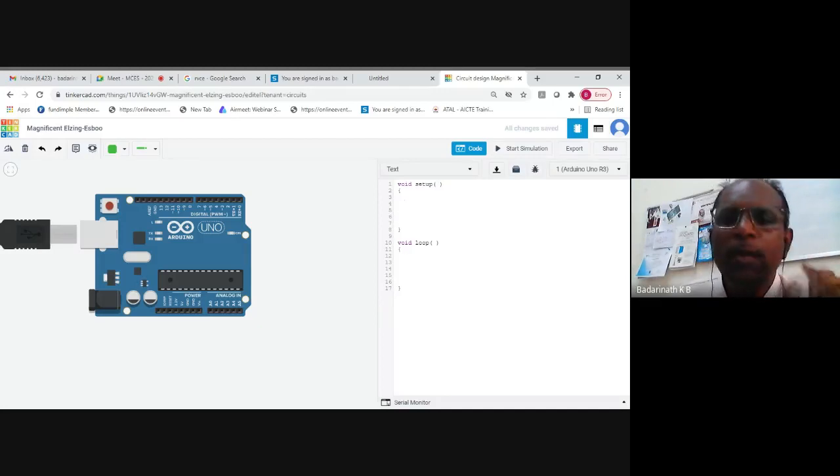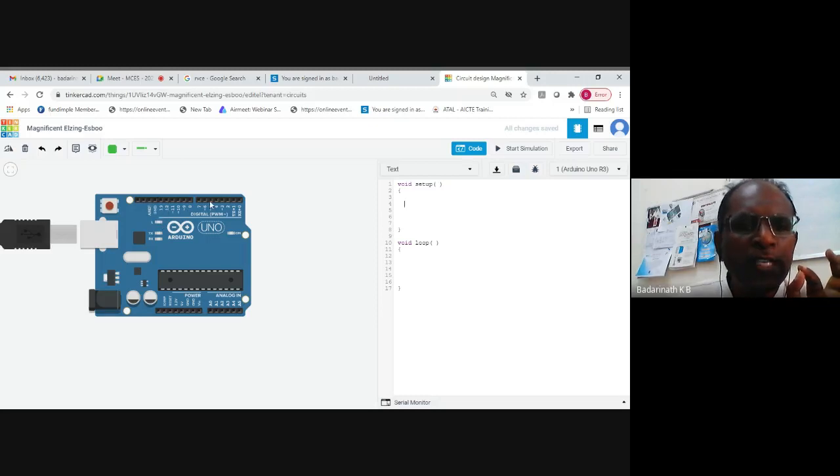Now I'll start writing the main program for the first testing program, a program for testing the card. I'll be using pin number 13, because pin number 13 is the only pin for which they have given one internal LED on the Arduino boards. For no other pins have they given an internal LED. This LED is connected in the common anode mode, in the sense that when you send 1 to this pin, the LED glows. When you send 0 to this pin, the LED will be switched off.